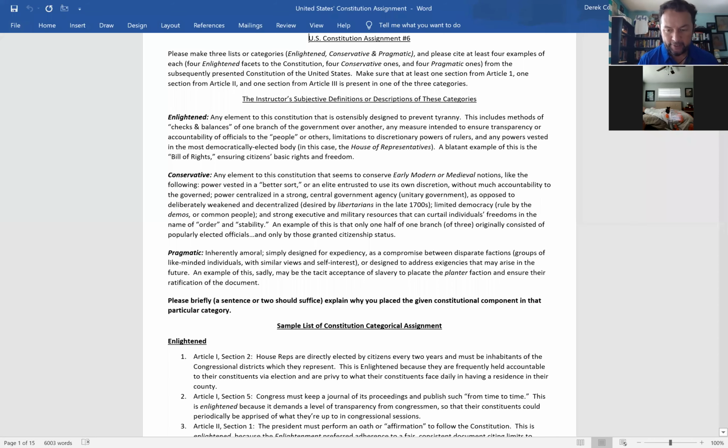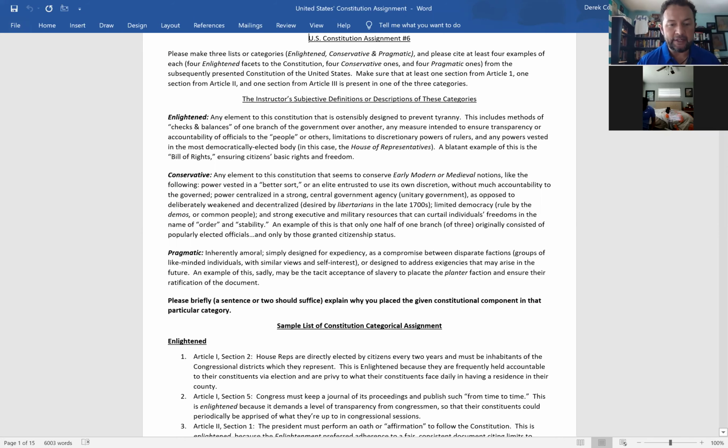So with enlightened, basically, it's anything that tries to adhere to the Enlightenment in the 1740s, obviously, such as the social contract, natural rights, checks and balances, accountability of those who are ruling, transparency. And so notice I'm kind of interchangeably referring to the French and the Scottish Enlightenment when I use that adjective. So anything you find in this Constitution where people are held accountable in certain positions, where there are checks and balances, and there's a sense of somewhat balance between different branches of the government,